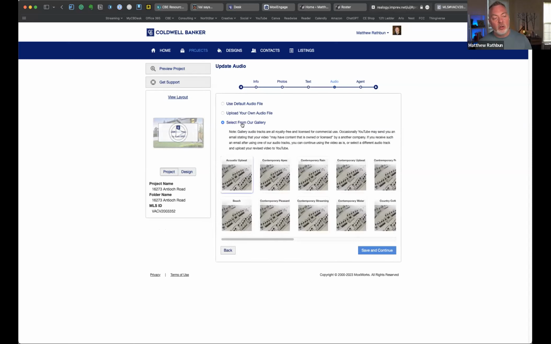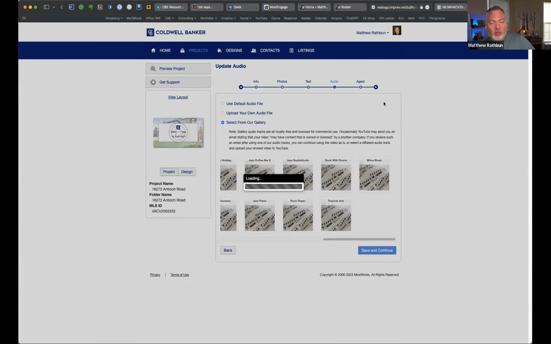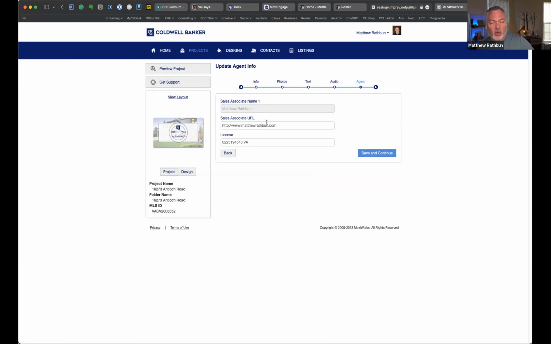And then again, you can choose music here from some of the choices they have already if you like something better. Because I mean, who doesn't like tropical jam for raw land? Awesome. Anyways, and then if there's more than one of you, if you're co-listing or you want different information on there, you can add that information there. All right. So that's projects